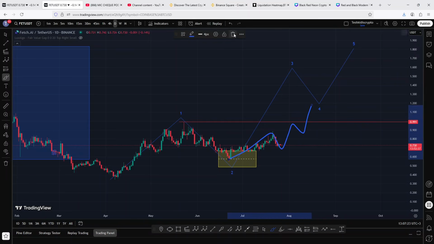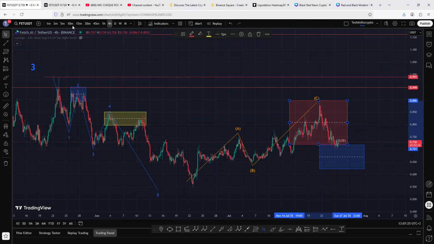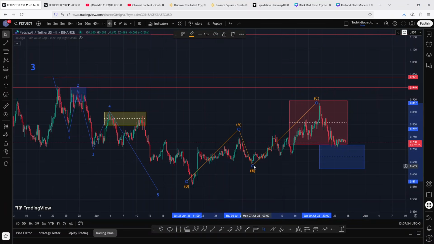On the short term, we need to have in mind that we can expect short-term pullbacks before we can continue pushing even higher. And using the 4-hour chart, I want to give you an area of support that Fetch AI needs to continue holding, and that is after seeing a 5-wave structure to the downside from the highs we made above the 0.991, where you can see that we got that 5-wave structure that gave us a low below the 0.547. Then I was expecting a bit of a corrective bounce in an ABC corrective structure, which has played out over here,